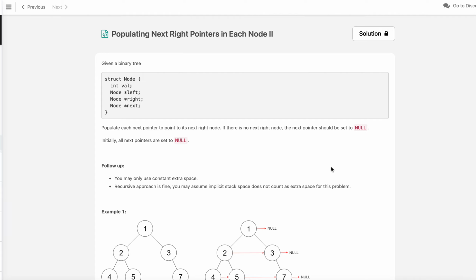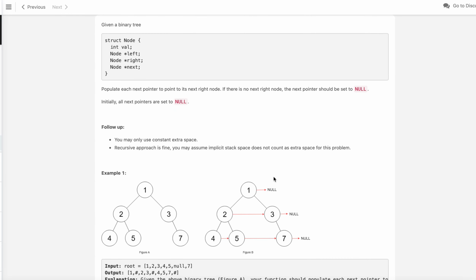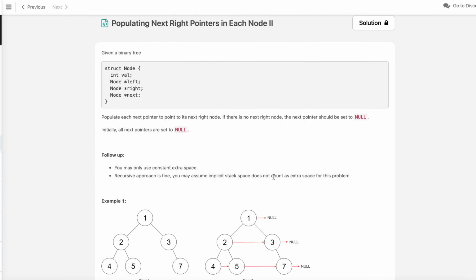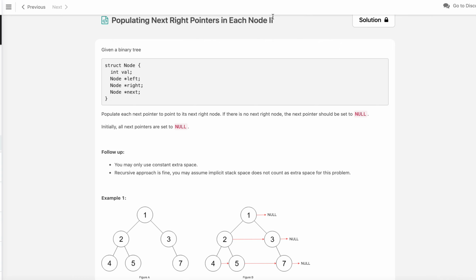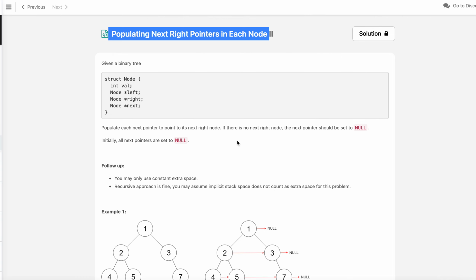Next right pointers in each node. This question is similar to the previous question. This is number 2 question. Number 1 question